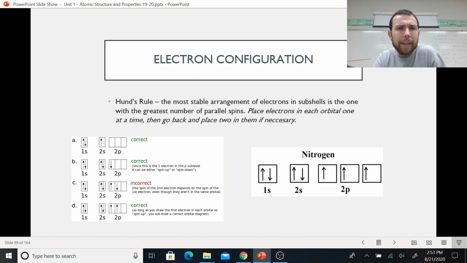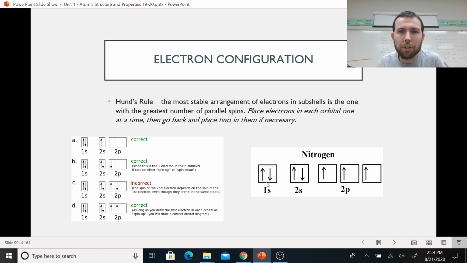Again, looking back at Hund's rule, the most stable arrangement of electrons in subshells or sublevels is the one with the greatest number of parallel spins. Put that in layman's terms: place electrons in each orbital one at a time, then go back and place two in them if necessary. Now, to be clear here, what that means is you have to fill up the 1s orbital